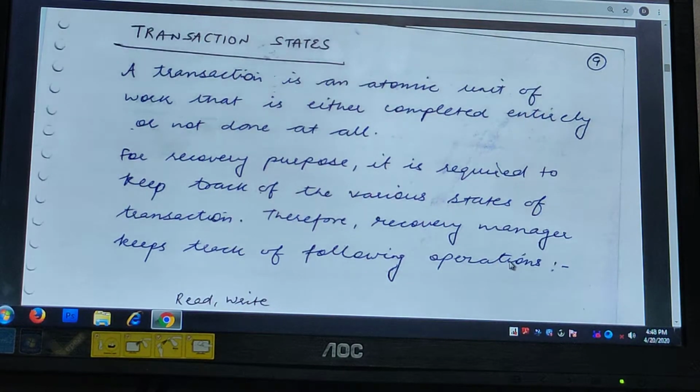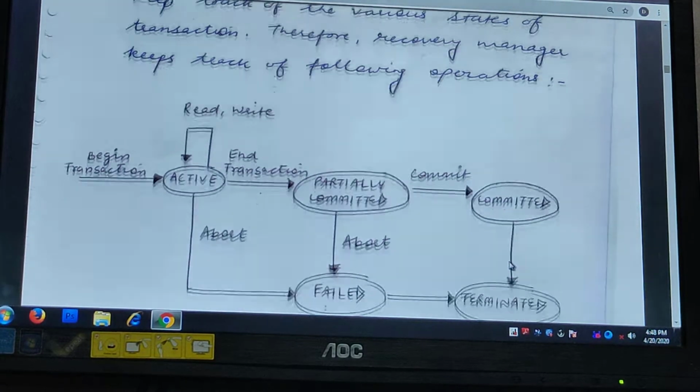For recovery purposes, it is always required that we keep track of the various states of the transaction. We have a component known as the recovery manager in our transaction processing systems, which keeps track of all the operations that our transaction goes through while it is active. So this is the transaction